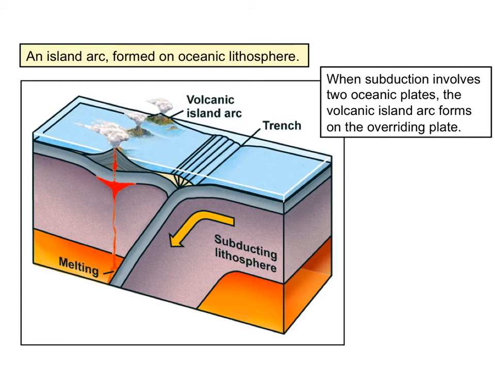Just as you can form a continental volcanic arc, or one that forms in a continental overriding tectonic plate, you can also have an island arc. And an island arc is one that forms when the overriding plate is also oceanic lithosphere. So the oceanic lithosphere is, of course, covered in seawater, but for whatever reason, this plate on the right-hand side was denser, and the one on the left-hand side, this oceanic lithospheric plate, was less dense. And so the plate on the right is the one that lost the battle and went down the hatch and